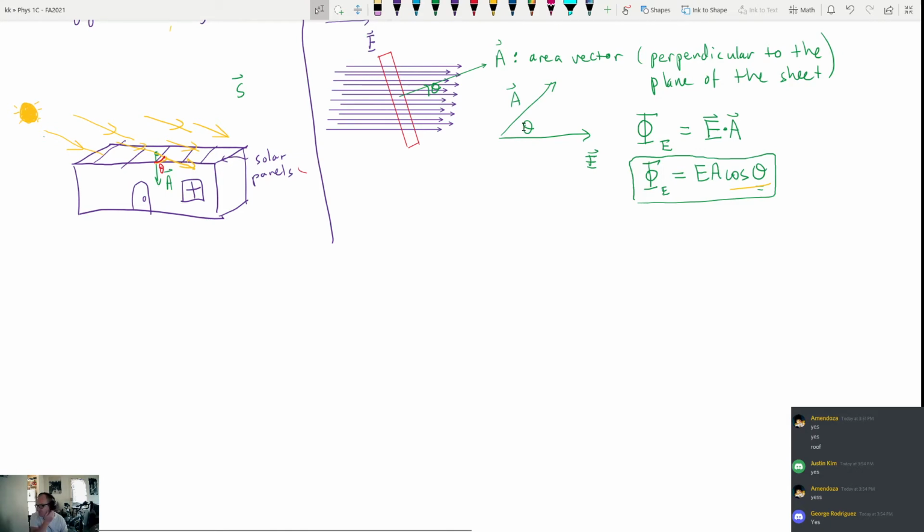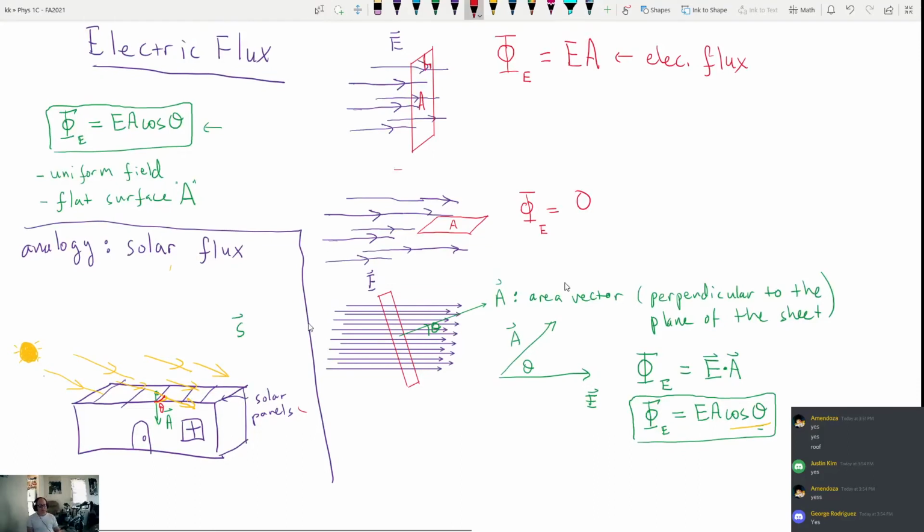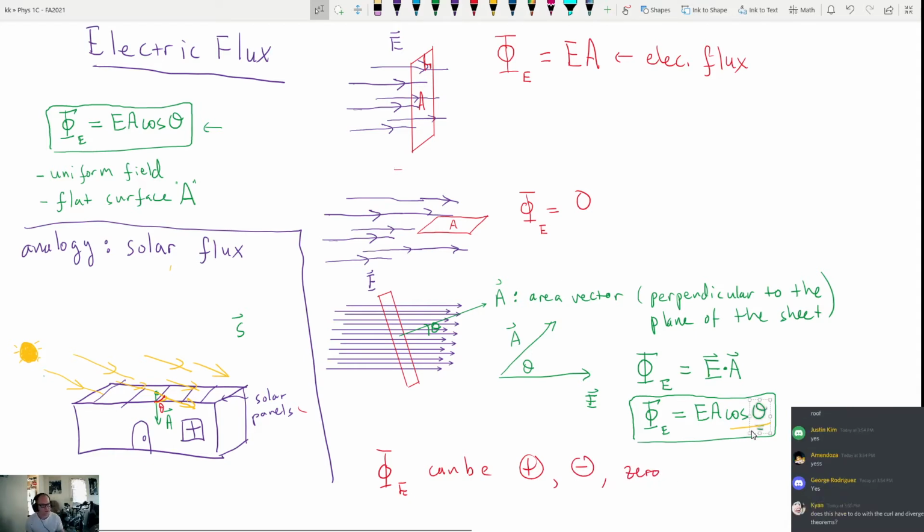So let's do a problem. I was going to do something kind of simple, but... Oh! Flux can be positive, negative, or 0, by the way. So flux can be positive, negative, 0. Because if the angle is greater than 90,